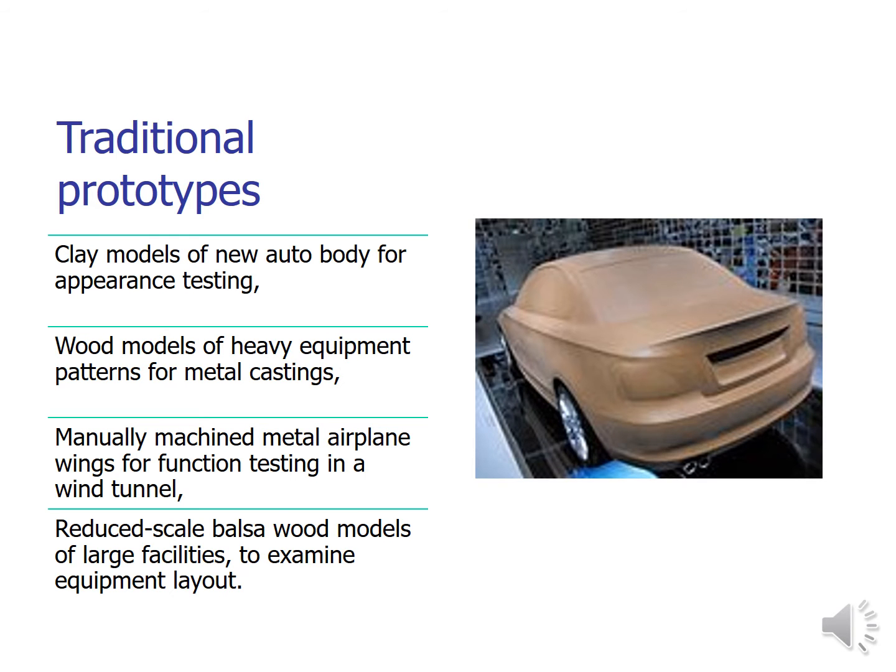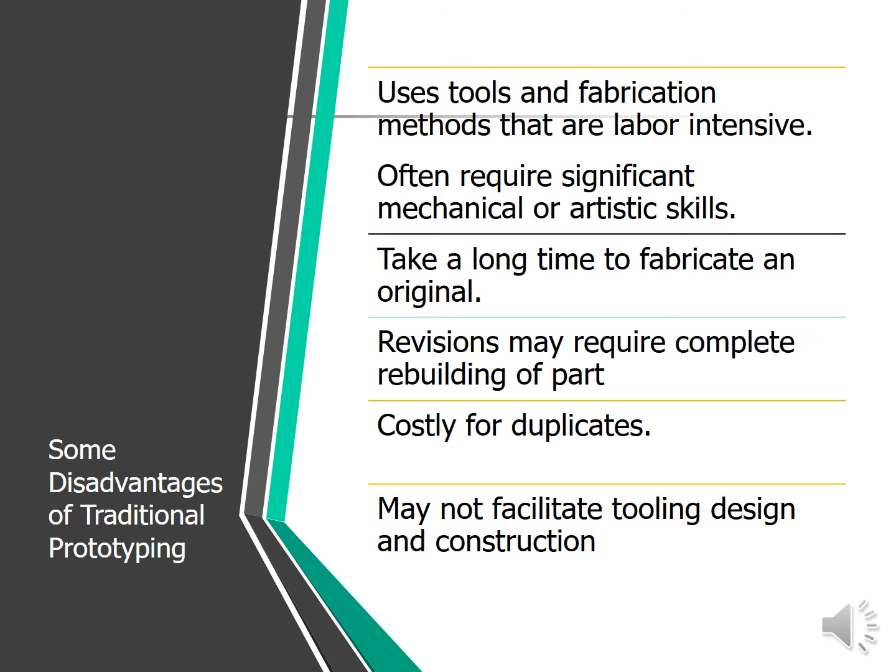Examples of traditional prototypes: a clay model of an auto body for appearance testing, a wood model for heavy equipment, a pattern for metal casting, a manually machined metal airplane wing for function testing in the wind tunnel, and a reduced-scale balsa wood model of a large facility to examine the equipment layout. Some disadvantages of traditional prototypes: the tools and fabrication methods are labor intensive,